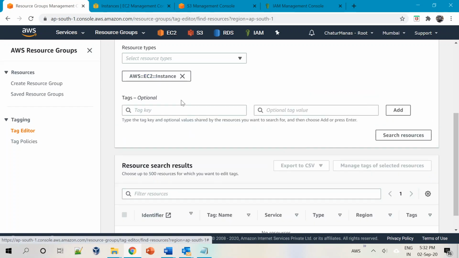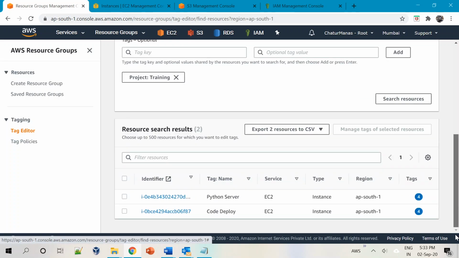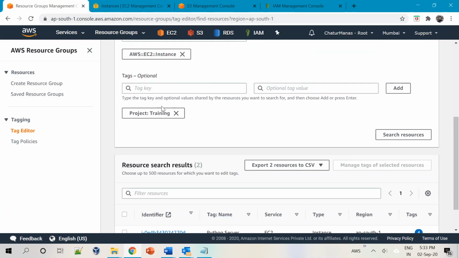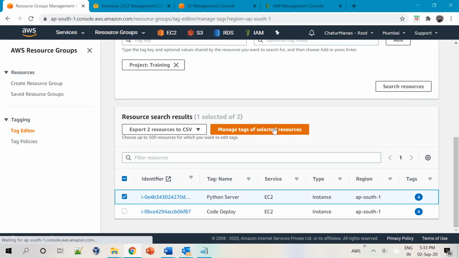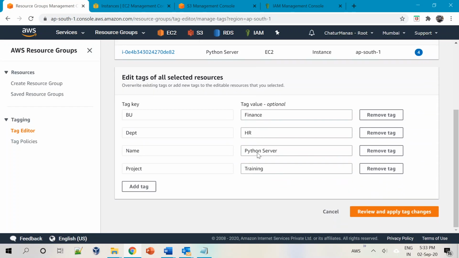Now EC2 instance, project, training, let's add, search resources, and okay, I just chose EC2, right? So I'll choose this, and I'll say remove this tag.